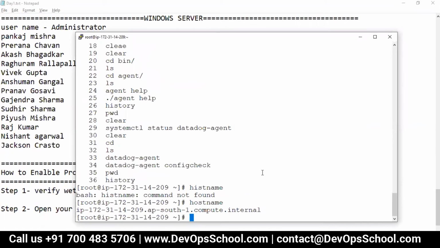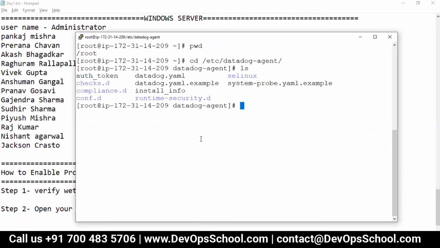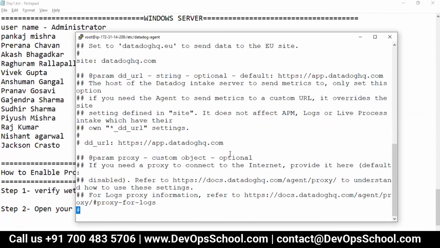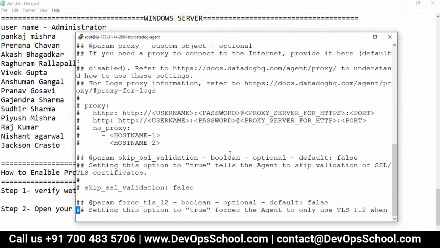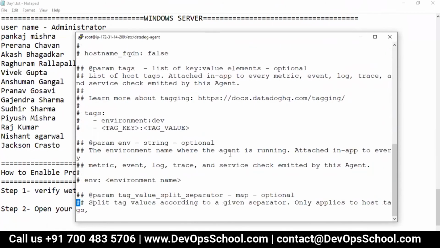So here I will go to etc datadog agent, and finally this file is there. You see here, vi edit. Now I will go here and locate the process monitoring somewhere downside. So the process monitoring tag is here.